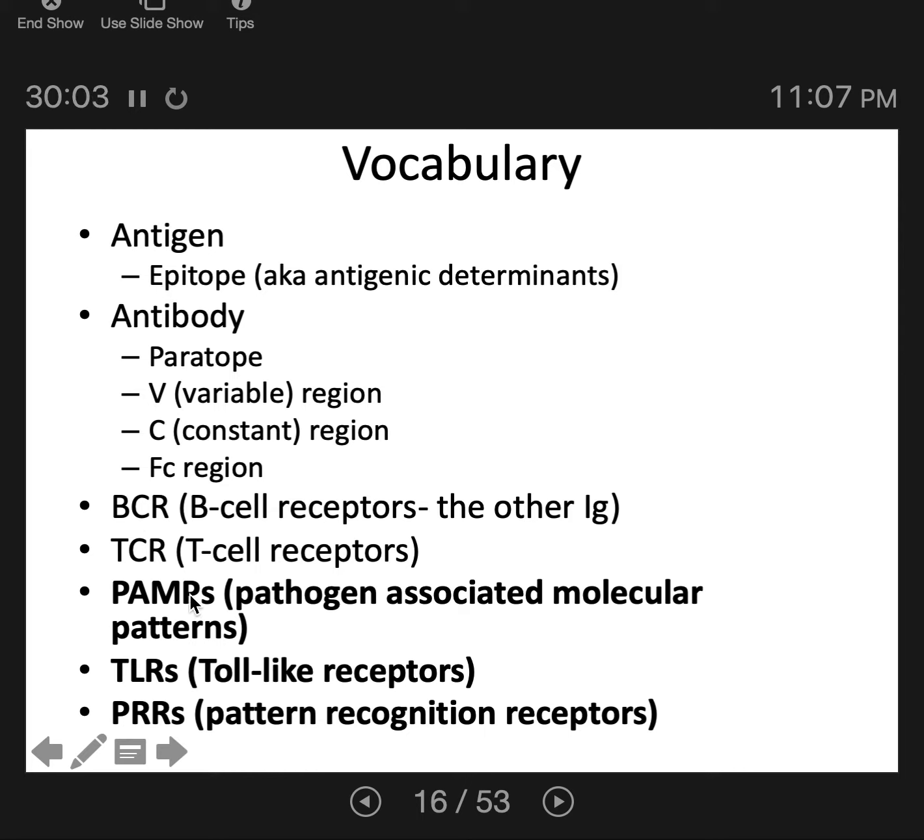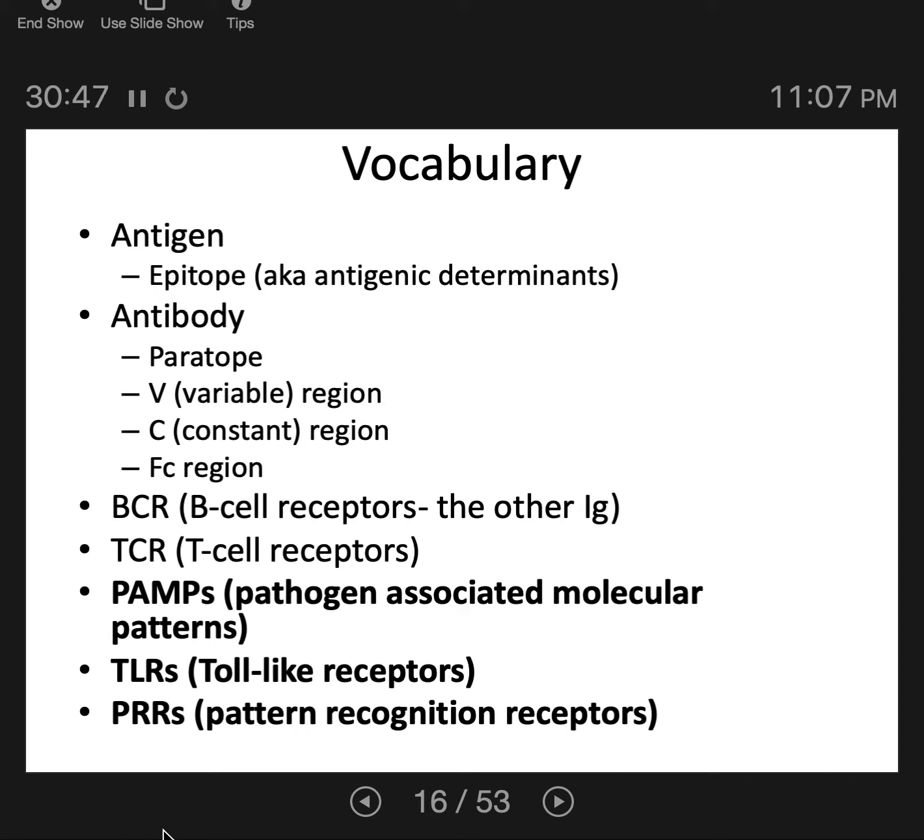So a PAMP, or a pathogen-associated molecular pattern, is like an antigen. It's a molecule that you find on the surface of a pathogen. What makes a PAMP different from an antigen is that antigens are unique and PAMPs are not. An antigen is a molecule that is unique to one species of bacteria or one species of virus or one species of fungus. A PAMP is a molecule found on the surface of pathogens that's shared by many, many different kinds of pathogen. For example, a PAMP might be peptidoglycan. All bacteria have peptidoglycan. So that's an example of a PAMP. Peptidoglycan is not unique. All bacteria have it.